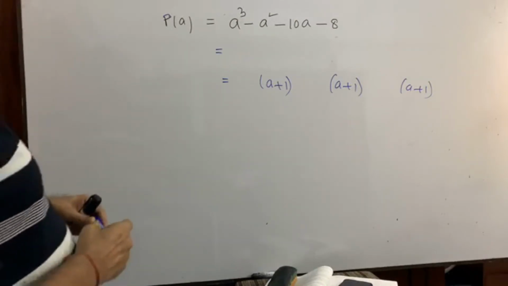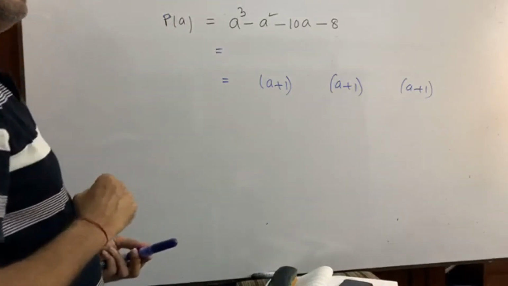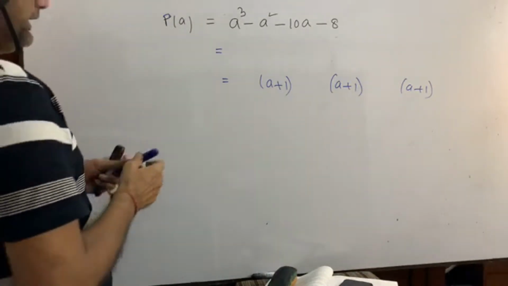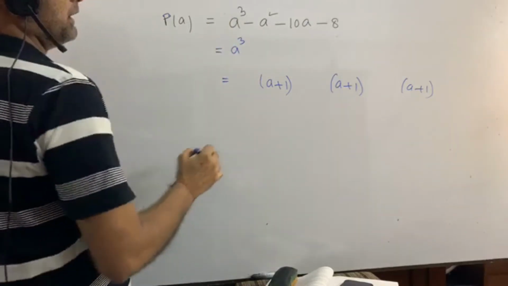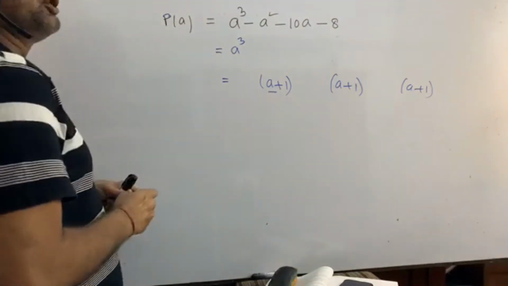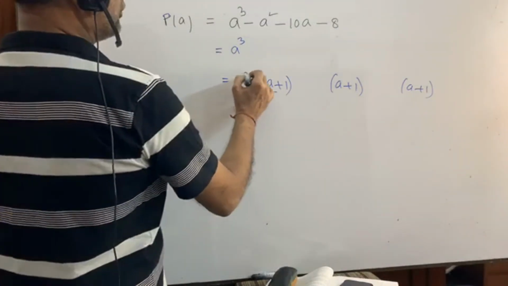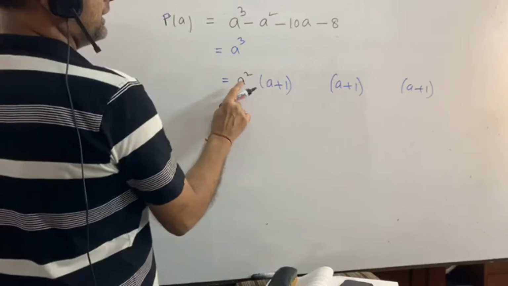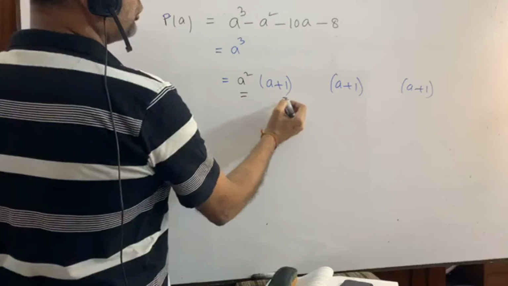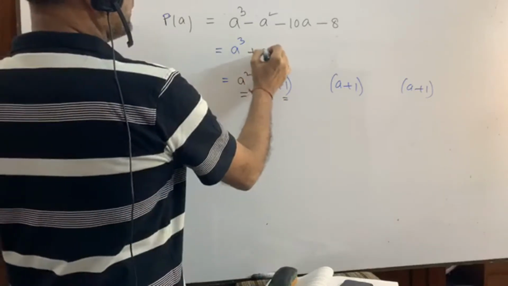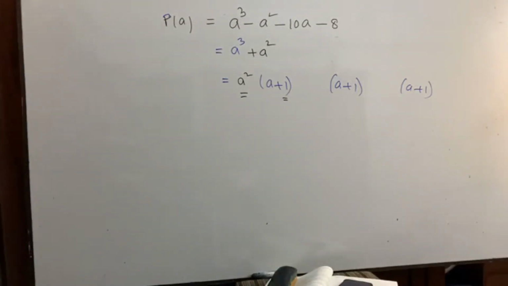Okay, you understand, I have written 3 times because the power is 3, highest power is 3, so called degree is 3. Now it is a cube, you keep as it is a cube. Here it is a, what I need to make a cube, I need definitely a square. You see, I need definitely a square into a equals to a cube, right? Now this a square and 1 will be multiplied, you will get a square. Is it? Yes, it is.